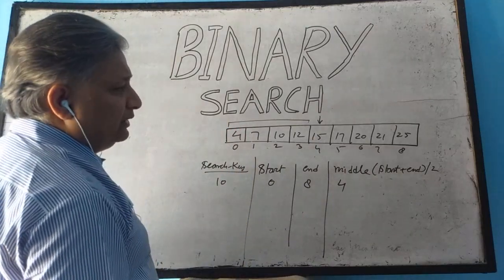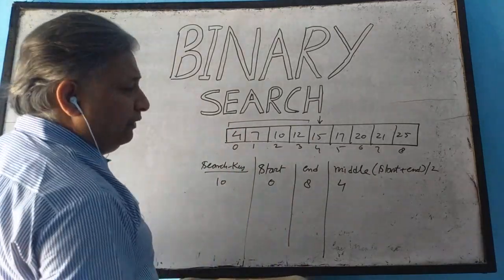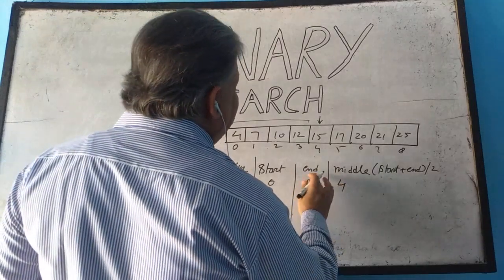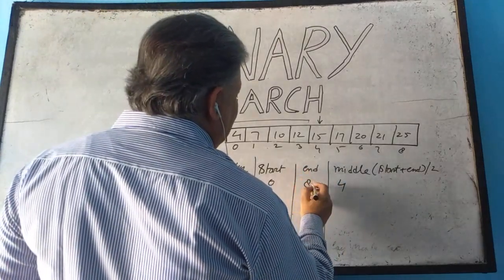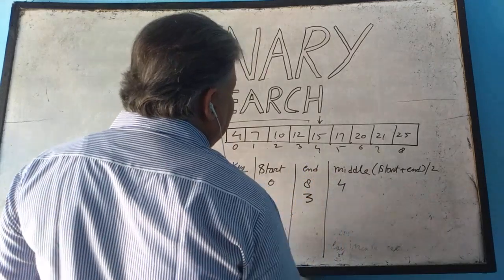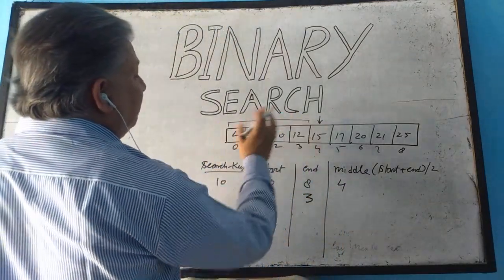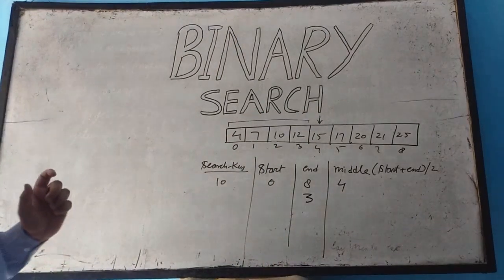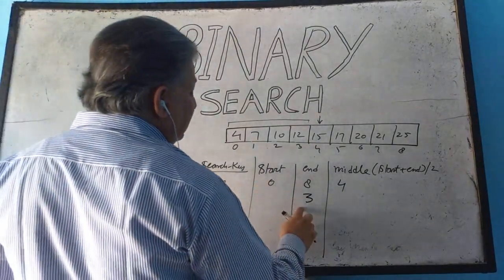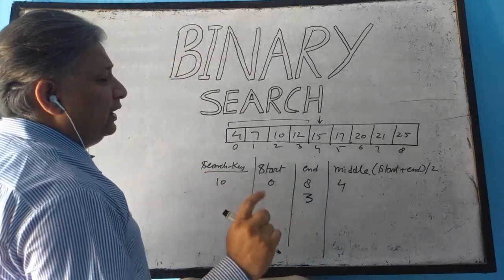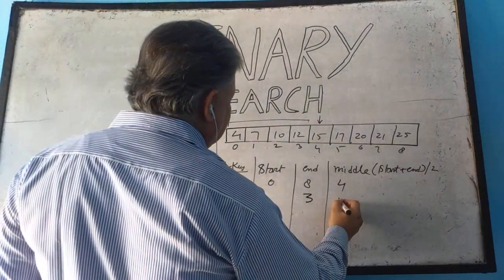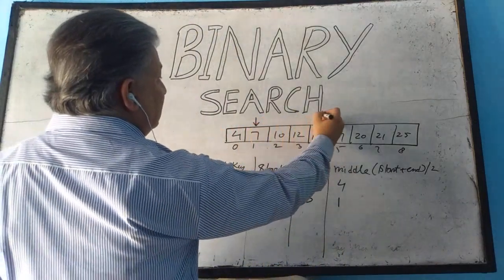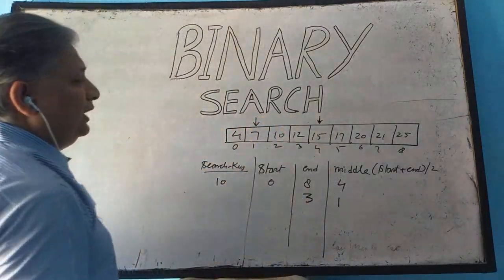How can we do that, imaginarily? We can change the value of n: we make it middle minus 1. We make n as middle minus 1, it will become 3. Now this is the part where we have to search for the element. Again we will find the middle of 0 and 3. 0 plus 3 divided by 2 will become 1. Okay, now the new middle is this.